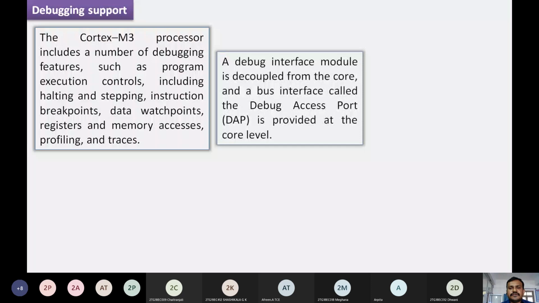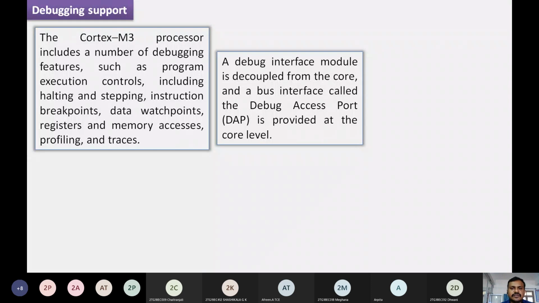A debug interface module is decoupled from the core, and a bus interface called the debug access port is provided at the core level. By using this bus architecture, the ARM processor kit is connected to the system PC, where we find the IDE, the development environment.